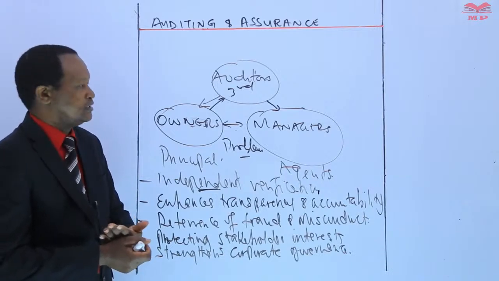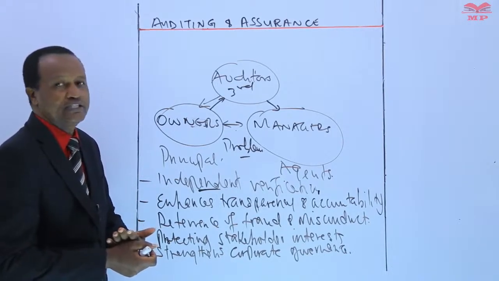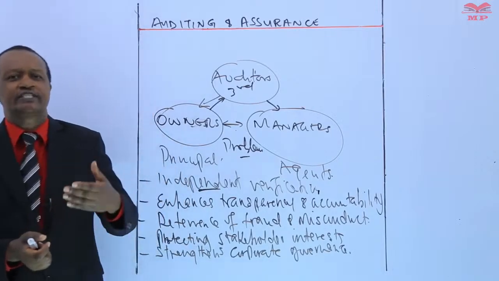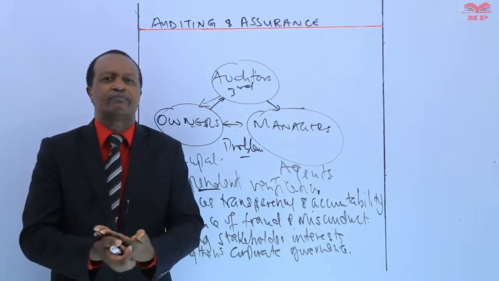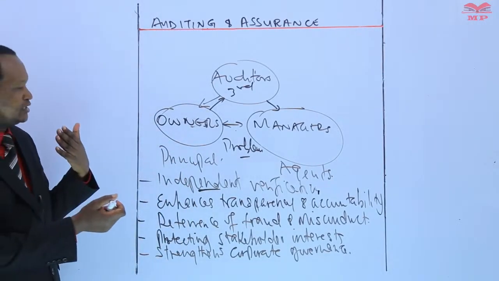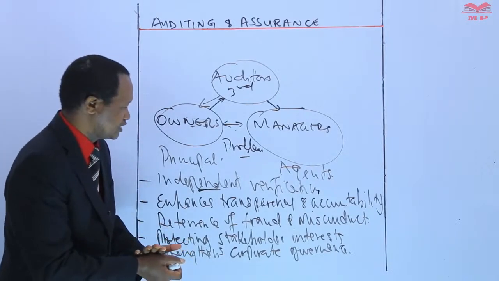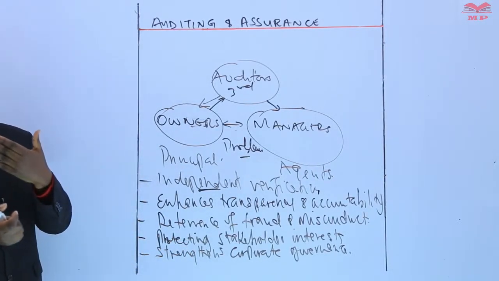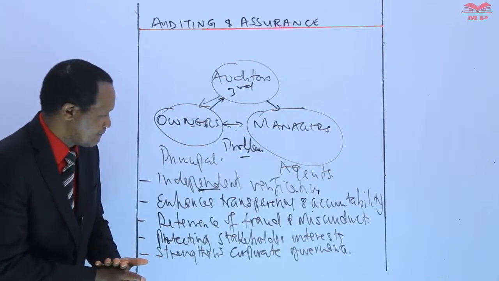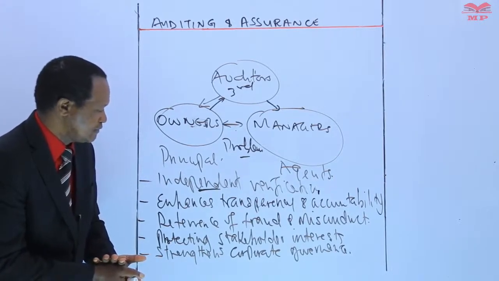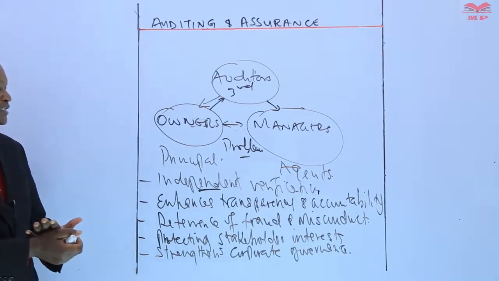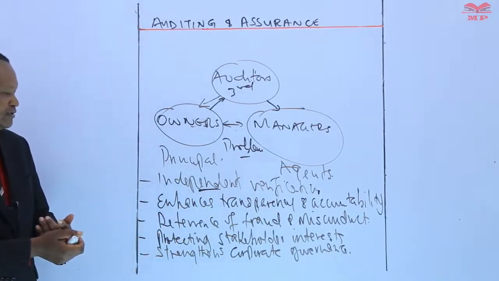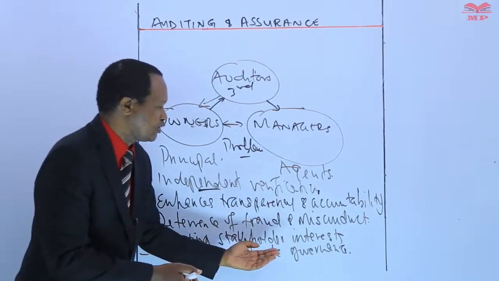Auditing, candidates, I repeat, plays a pivotal role in addressing the agency problem by promoting transparency and accountability, by promoting ethical behavior, by deterring fraud and misconduct, by protecting stakeholder interests,